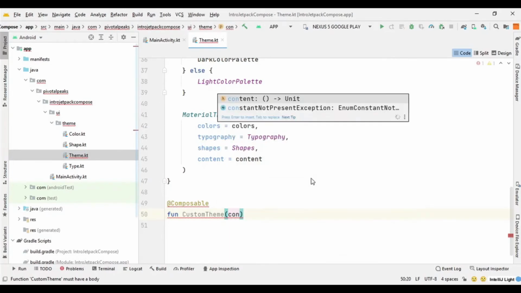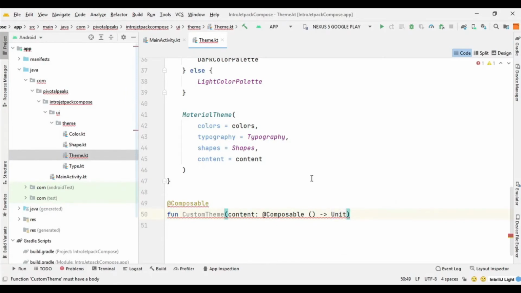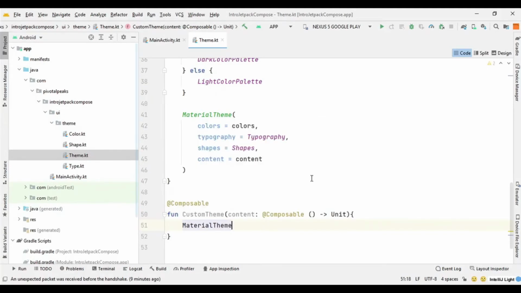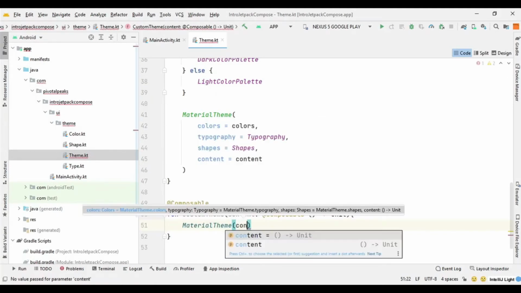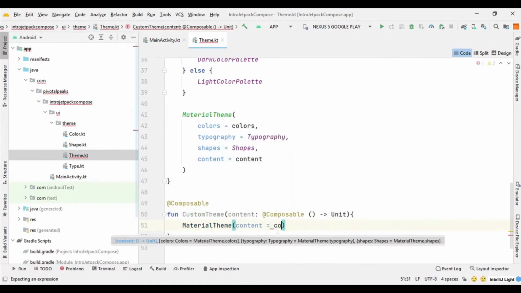So let's do that, content, and it wraps the material theme. So material theme, and here we need to set the content to content.